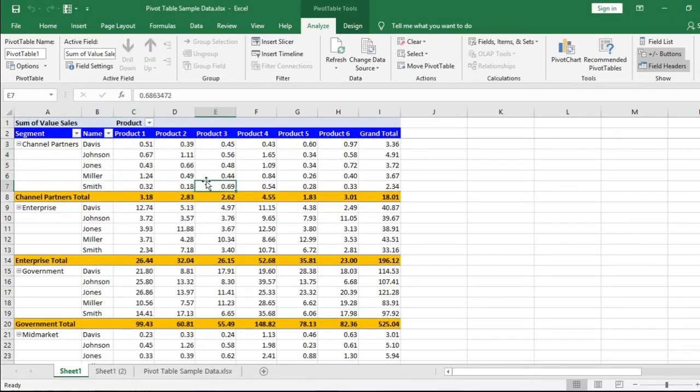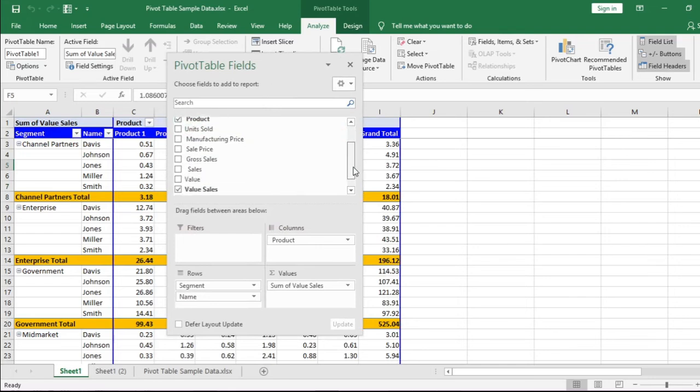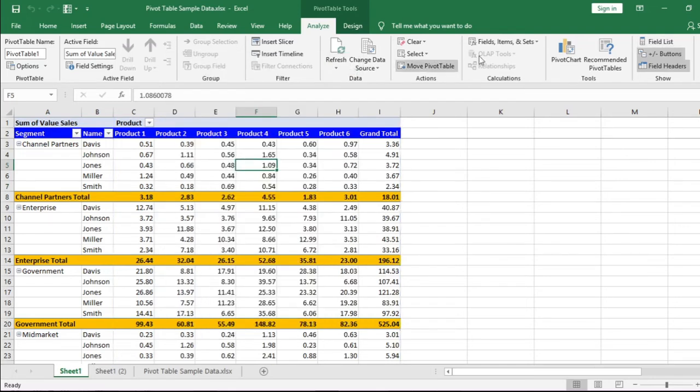Now if you check carefully, the fields in this window, we will get a newly created calculated field at the bottom of the list. This is our custom calculated field column header. This is one of the amazing features in Excel.